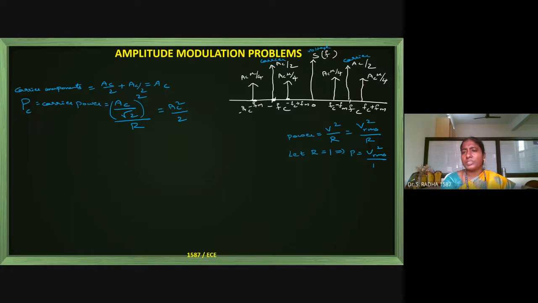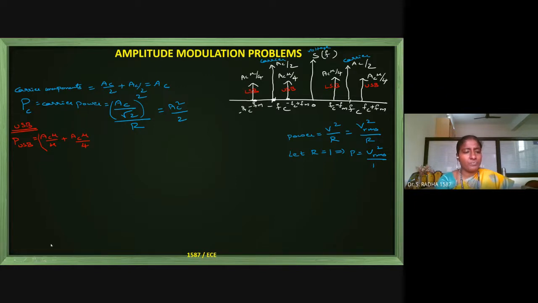This is USB, upper side band. Okay, this is lower side band. Again, this is upper side band. Again, this is lower side band. Okay, if I go with upper side band, I have Ac mu by 4, again Ac mu by 4. Okay, this is the total of both, the total height of both upper side bands. We are doing the USB power calculations. This is the total height, and for the RMS value I have to divide by root 2.